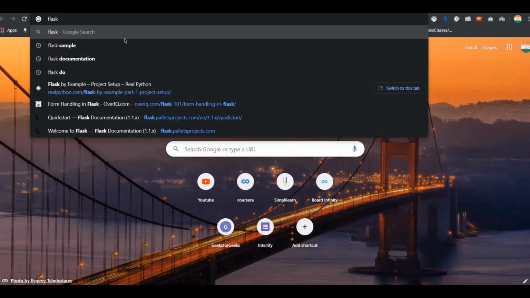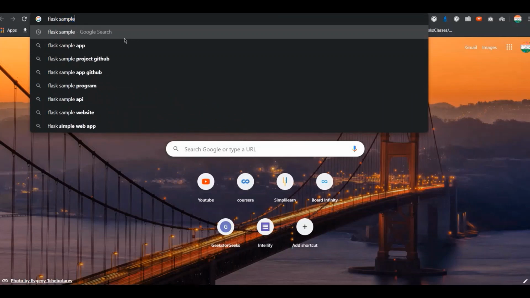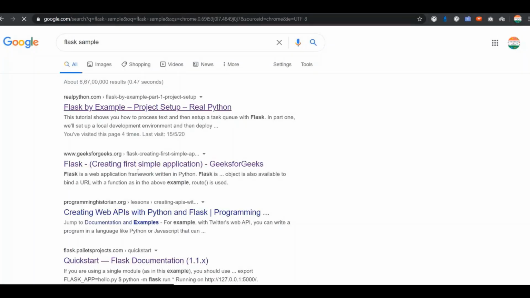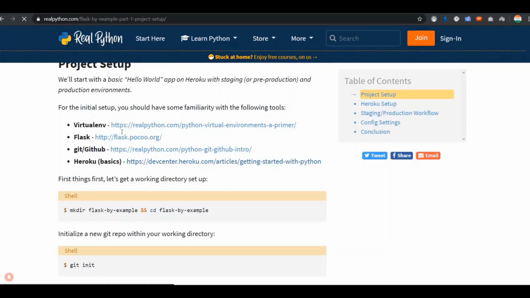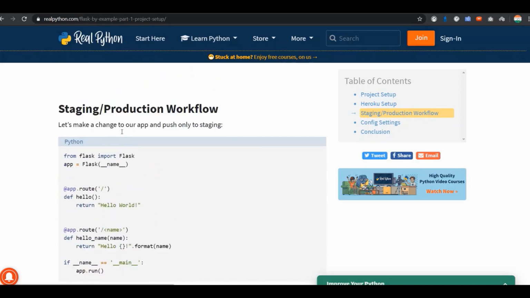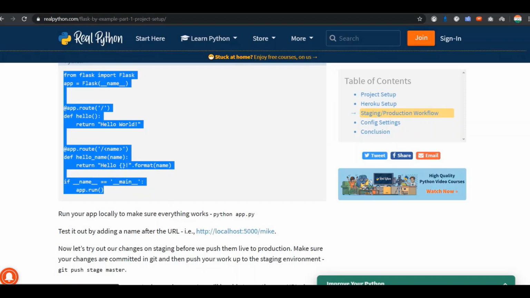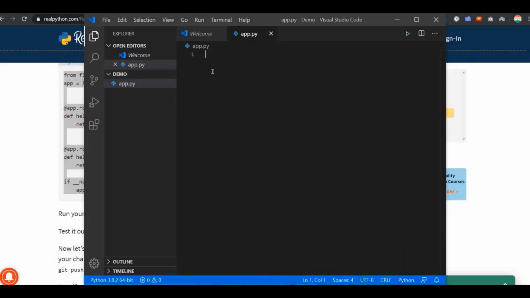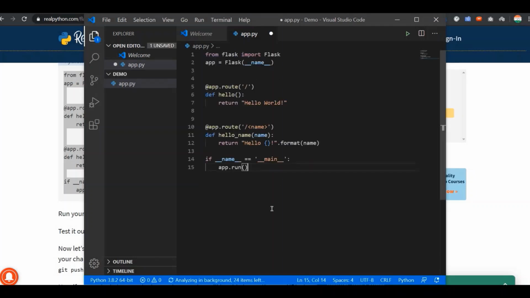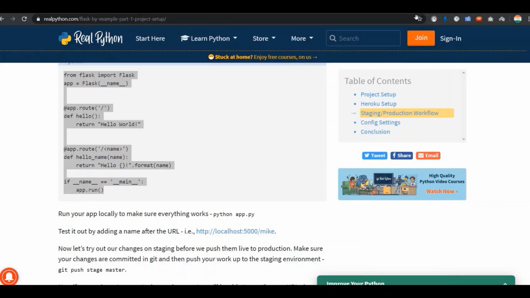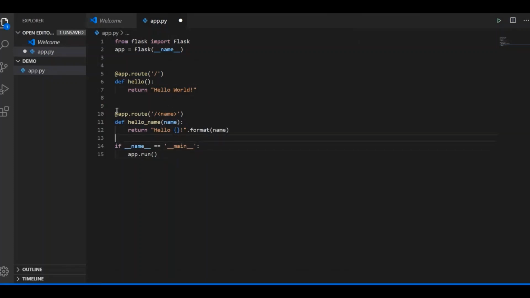I will write Flask sample and go to the first site that appeared on the screen. I will copy this whole script and paste it into my Visual Code. After that I will remove this, we don't need this.